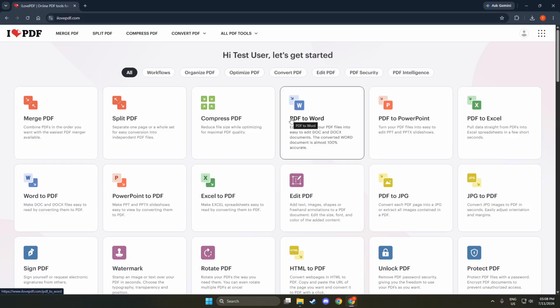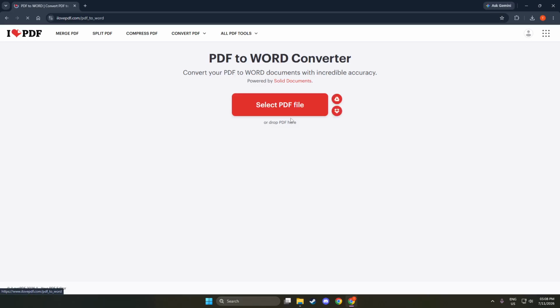process. Once you are on the iLove PDF homepage, look for the option labeled PDF to Word. This feature is prominently displayed among other PDF tools. Clicking on this option is crucial because it directs you to the specific tool designed for converting PDF files into Word documents. You will notice a new page opens up, tailored specifically for this function. Seeing this helps reassure you that you are headed in the right direction and you are almost ready to start